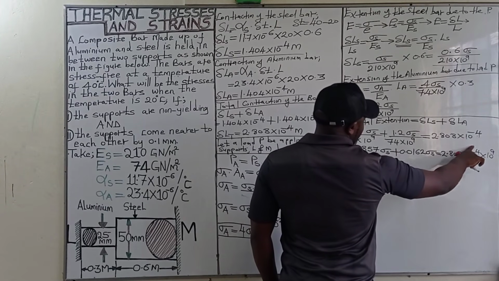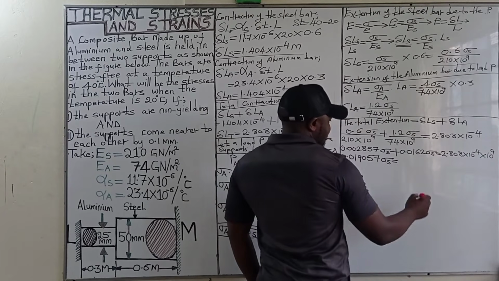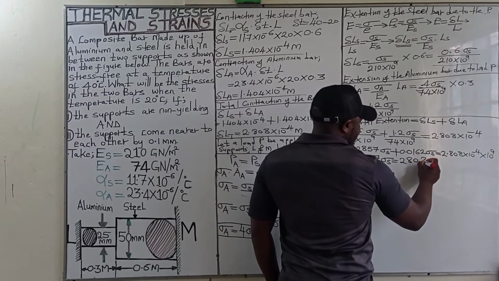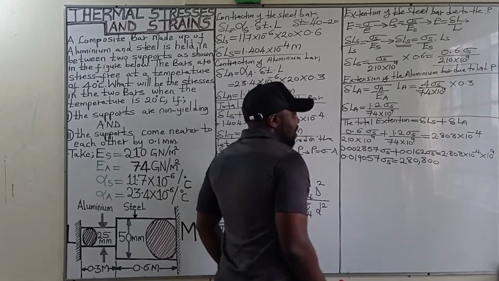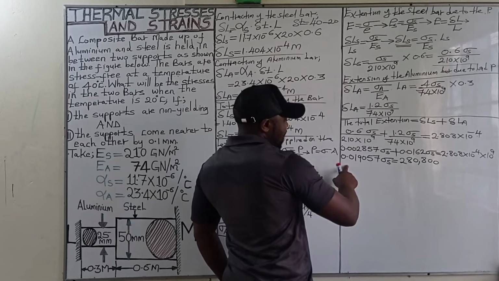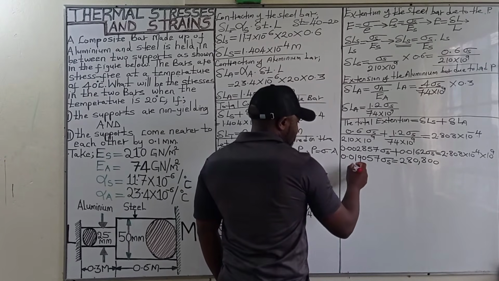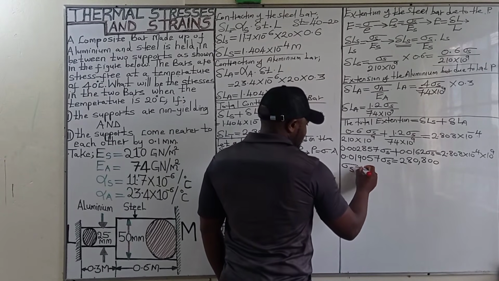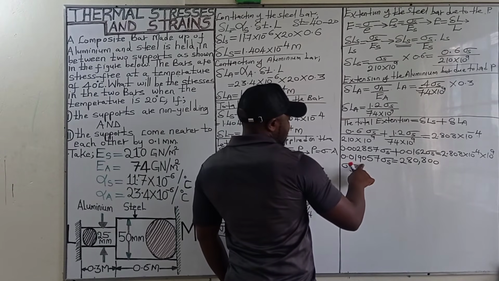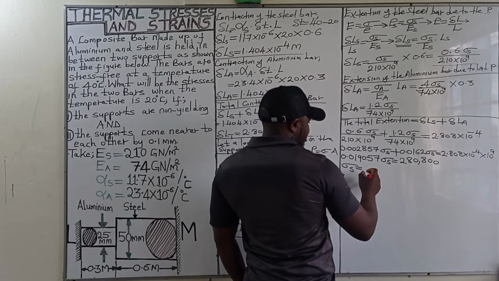2.808 times 10 raised to power -4 times 10 raised to power 9. That happens to be 280,800. To get the stress in steel, divide both sides by this. So we are going to have stress in steel is equal to 280,800 divided by 0.019057. That happens to be